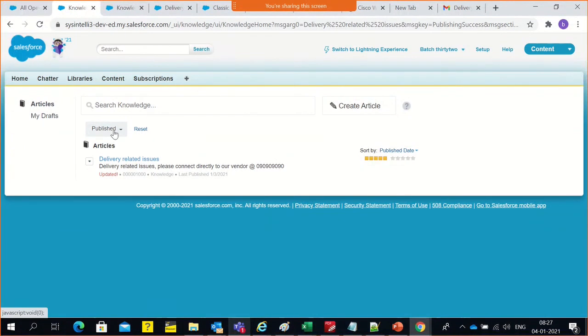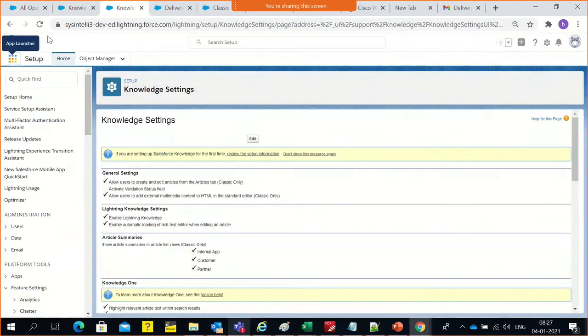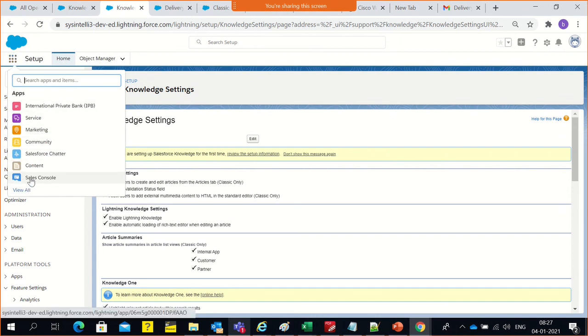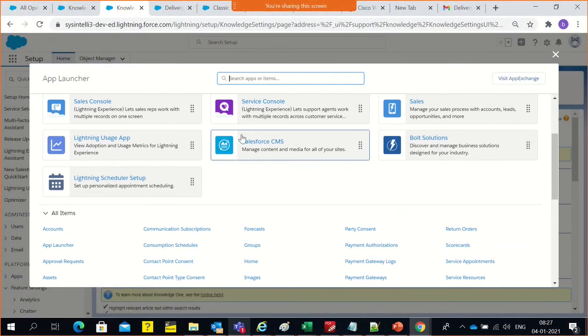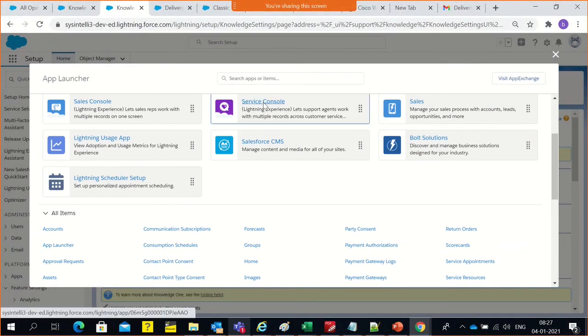At the very beginning it will be in a draft state. So I just modified this content as required, and marked where it should be applicable or visible. I marked each and every application, so you should be able to see it. Now when I come to the Lightning view and search, typically I see Service Console or Sales Console. That day I was asking, what do you mean by console? So today I'll show you Service Console. If I jump into the Service Console application,